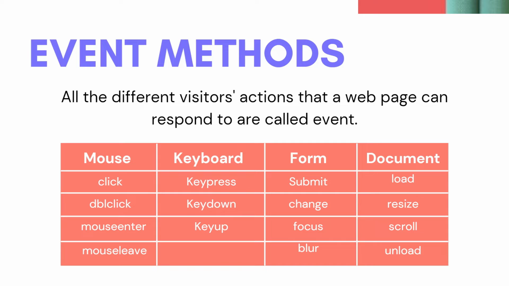And next we have the keyboard events. Whenever someone presses any key, like A, B, C, D, or any of the lot of keys, the event is going to occur. In key down, when he just presses the key, this event is going to occur. In key up, when he releases that key, the event is going to occur.